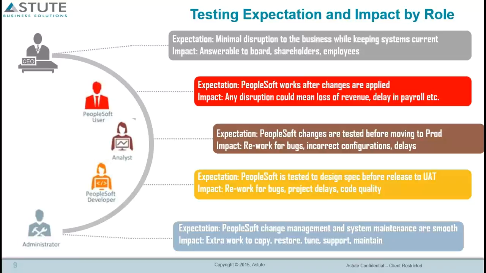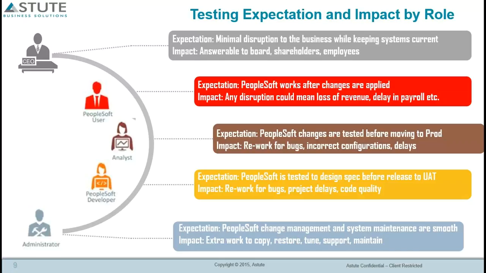From a developer standpoint, the expectation is that whatever you touch, you unit test it, and you make sure that you also regression test it so that you make a change in one area, you're testing other areas regressively to make sure nothing else is broken because of that one change. And if you don't do that, the impact is you're redoing a lot of things, you're facing defects that you have to rewrite code for, and all of that can be eliminated if you test it properly and design it to spec, right?